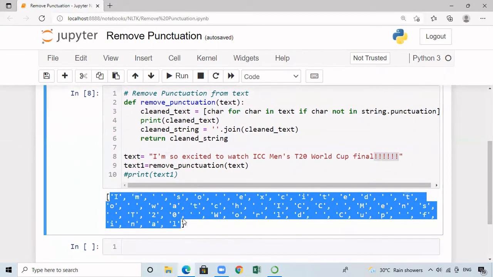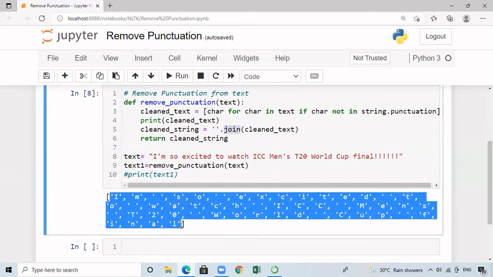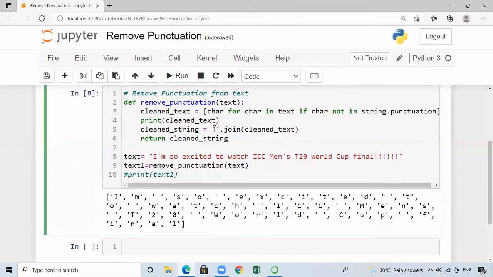But I need to get the string back. So what I'm going to do is, once I get a list of all the clean characters, I'm going to create a clean string. For that, I need to use the function join. In Python, the join function is going to join all the members that are present in the list. So here, this is a list. The list has so many individual characters. We are going to join all the characters. When we join the members of the list, we have to tell how we are going to separate the members from each other. Since we are going to construct the sentence back, we don't want any extra special character between the members. So I am going to join them with the help of empty separator.